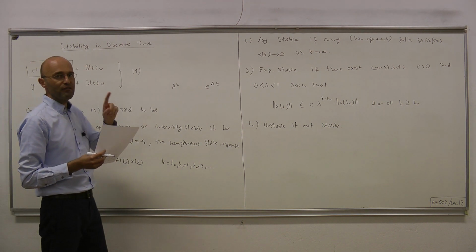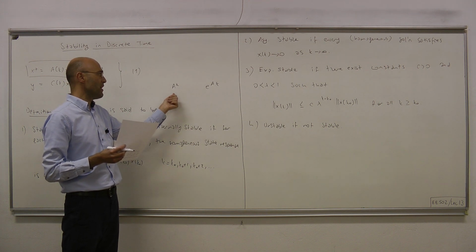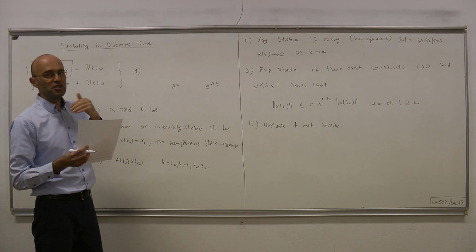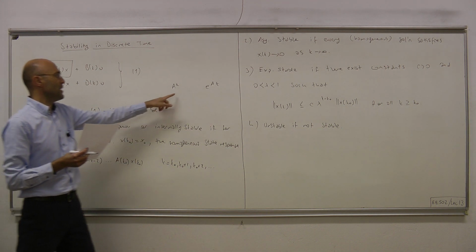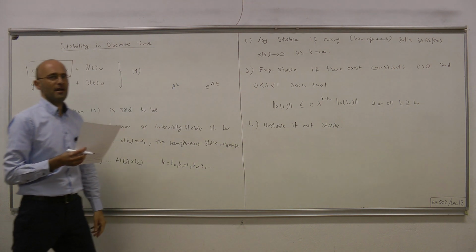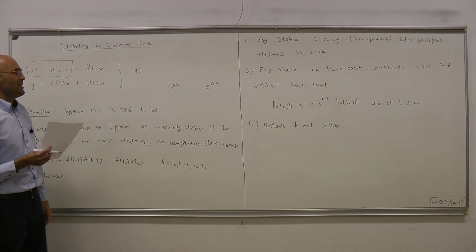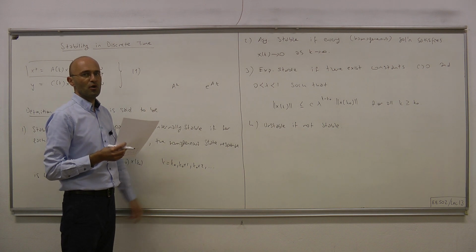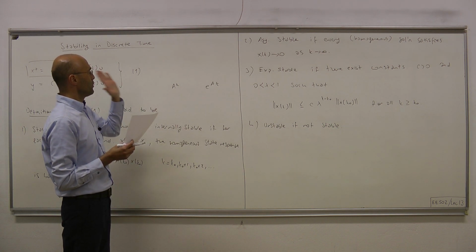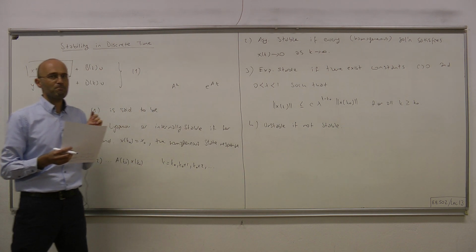If you have at least one eigenvalue of A whose magnitude is strictly larger than 1, then A to the k blows up exponentially. And if neither of those conditions is satisfied, then you look at